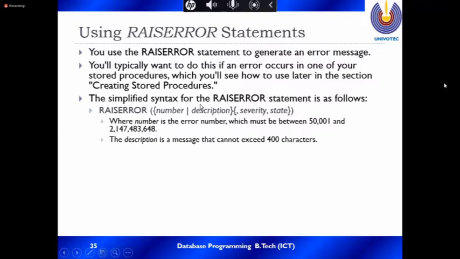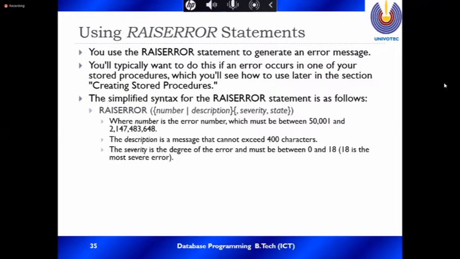Then the description of the message cannot exceed 400 characters. Usually the maximum is 255 characters in some places, so you cannot exceed that limit.